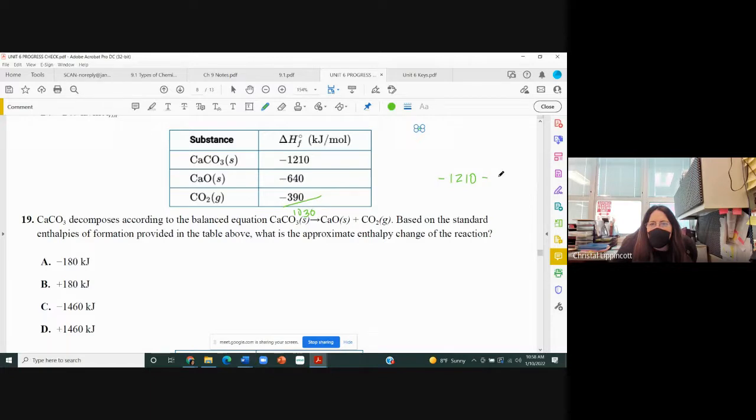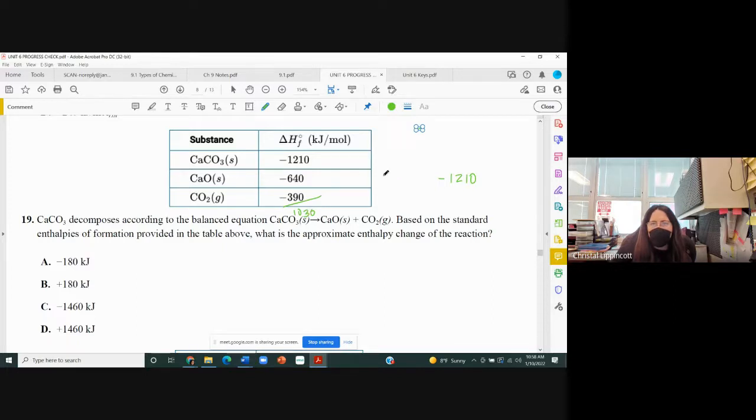What are you forgetting? These are the products minus the reactants. Oh, these are your reactants. Yeah. Okay, yeah, I got it now. Okay, so this is going to be